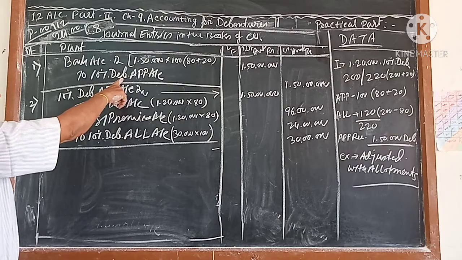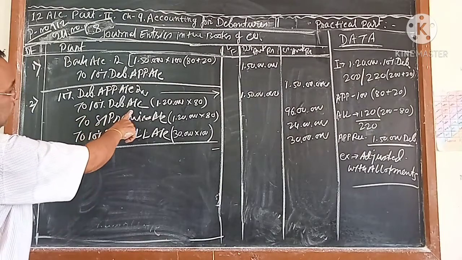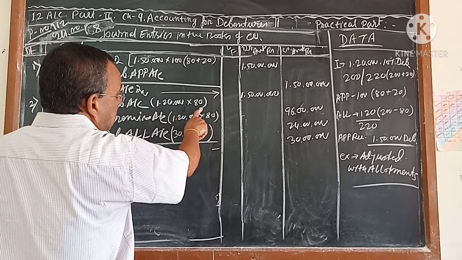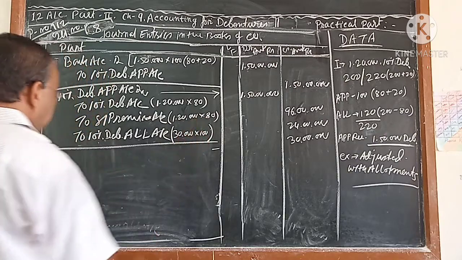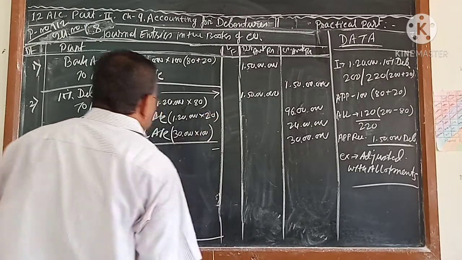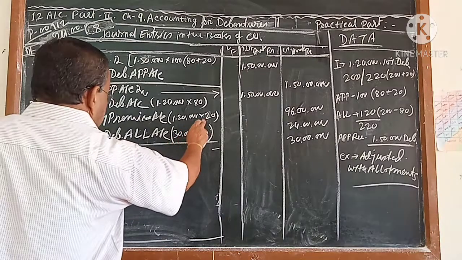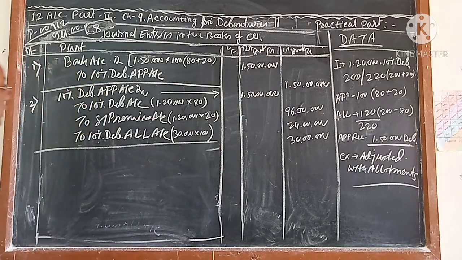Debenture application account, whatever amount you credited, the same amount you are writing as debit. So 10% debenture account, 1,20,000 debentures, 80 rupees which you have to transfer. Next premium, 1,20,000 into premium amount is how much? 80 or 20? Sorry, it's 20, not 80. That is security premium. Then here, 30,000 into 20. This is the journal for the second one. Second journal you understood. Now we are going to watch the third journal.